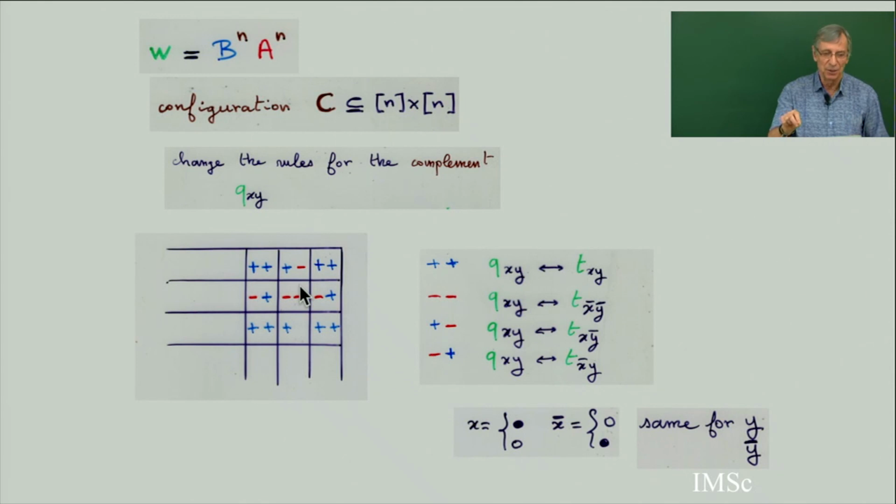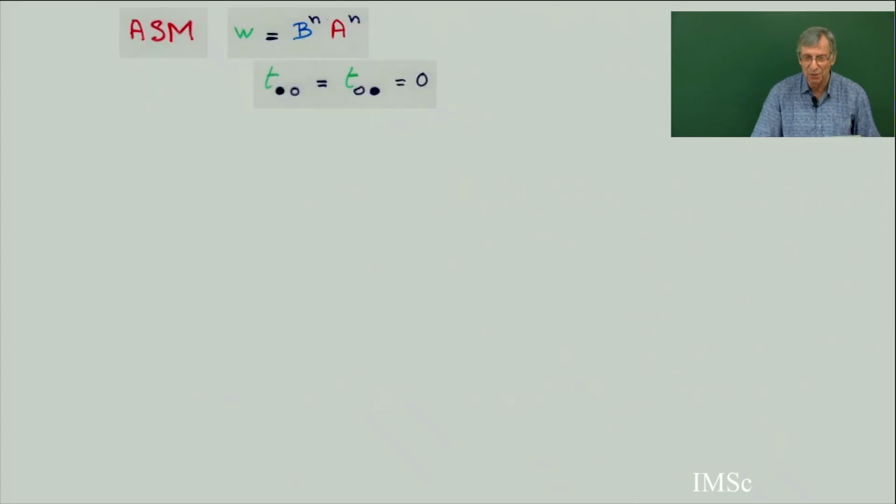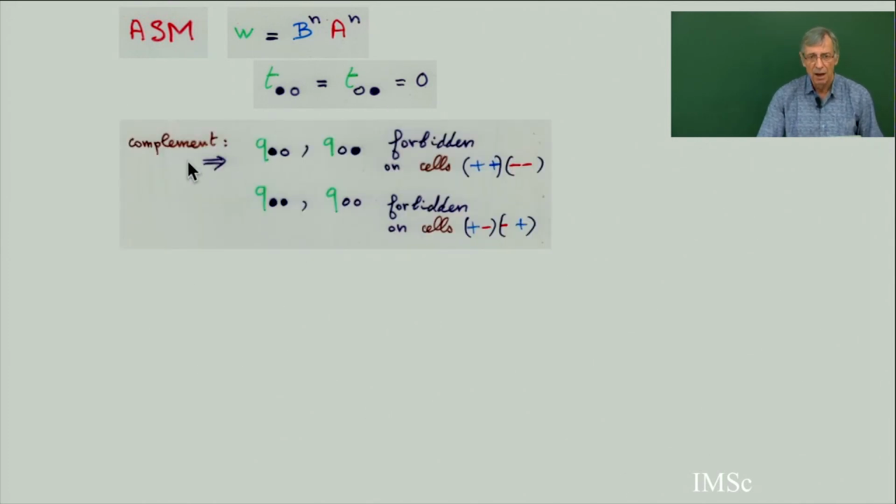You will put a certain coefficient, depending on whether it's a white cell or brown cell, but it also depends on the geographic position, in which of these 4 possible colors you are. So I go a little fast, but if you think carefully, I will make a summary: for the Alternating Sign matrices, you have these 2 coefficients equal 0. And then if you take the complement, by applying this rule, this will be the forbidden. The coefficient will be 0. These 2 coefficients will be 0 only on the cell plus, plus, minus, minus. And these 2 coefficients will be 0 only on the cell plus, minus, minus, plus.